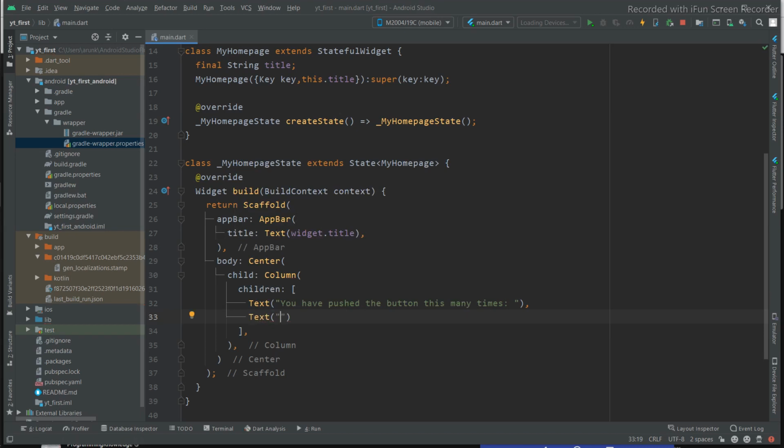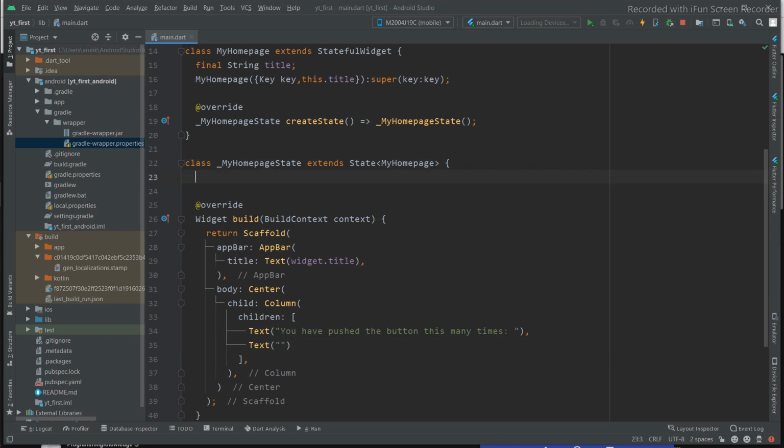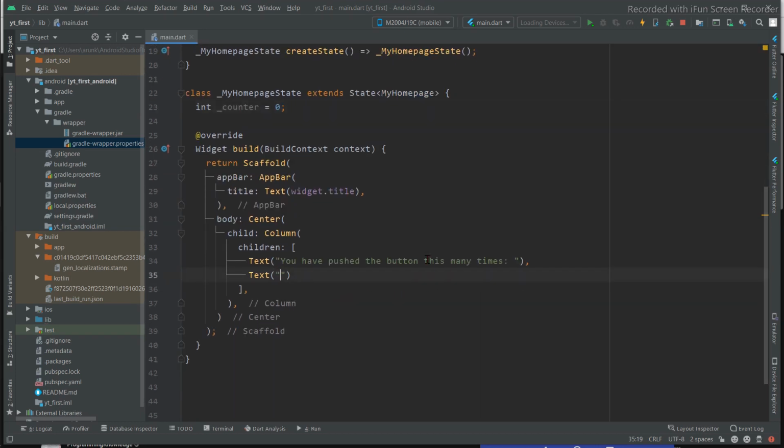Now to show the counter value, we need to create a counter variable that will change. So I will create an integer variable counter, and I will initialize it with 0. Now I will pass this variable here, counter.